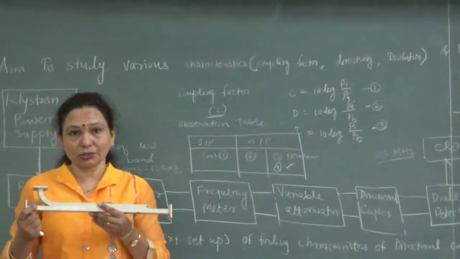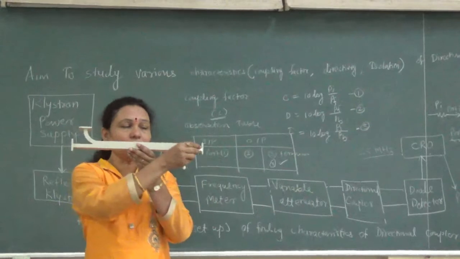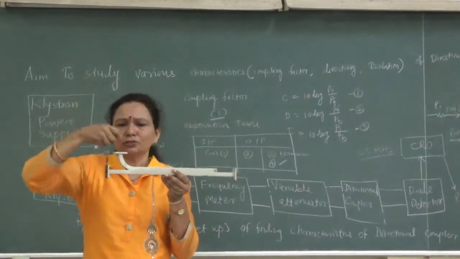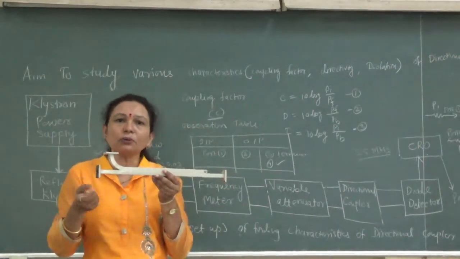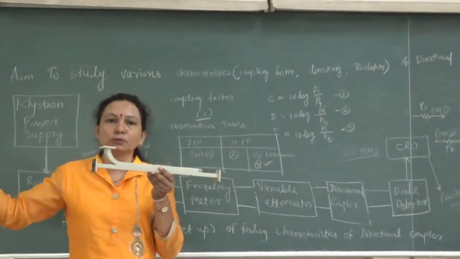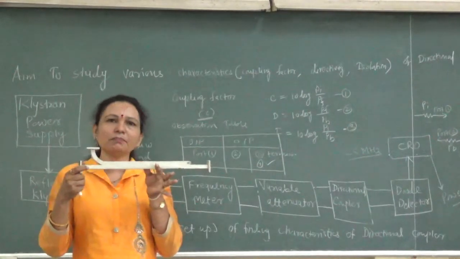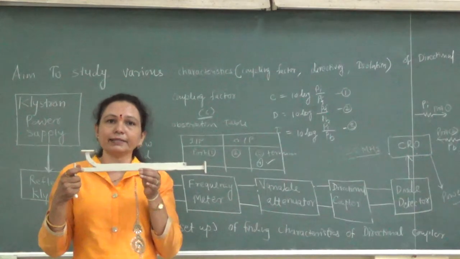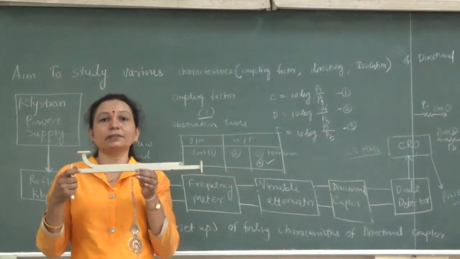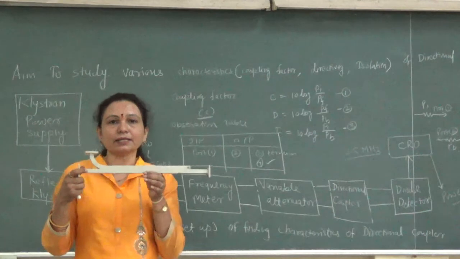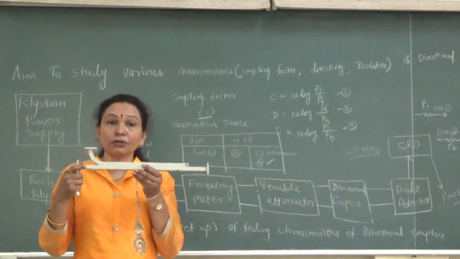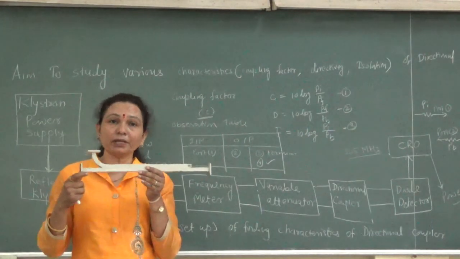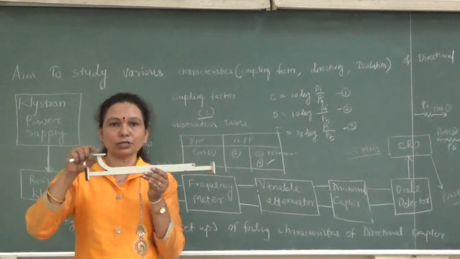The coupling factor tells you how much power is coupled, that means how much power is sampled. If you sample the power in between, then you will come to know which kind of power is propagating from source to destination. Here it is only some centimeters. But when you go for radar links or long distance microwave communication links, then it is of kilometers. So there we don't know which kind of signal is propagating from one point to another over a kilometer of distance, so it is essential to measure this.